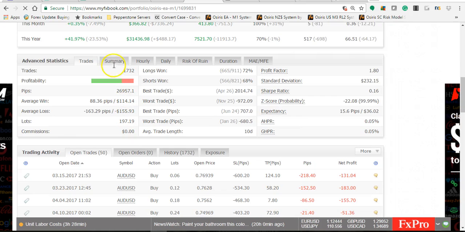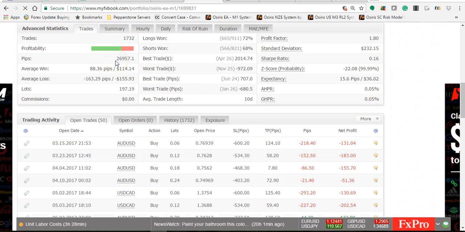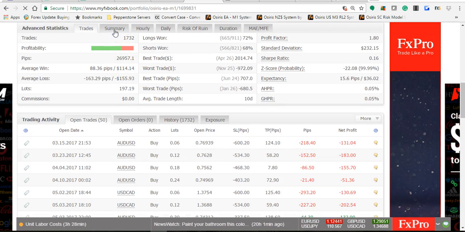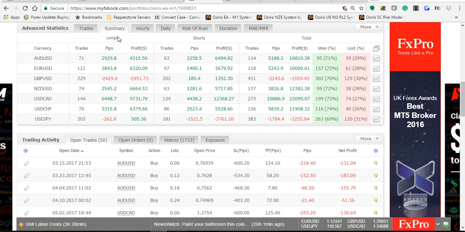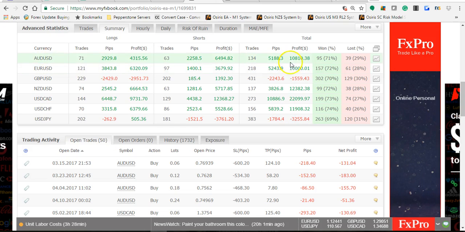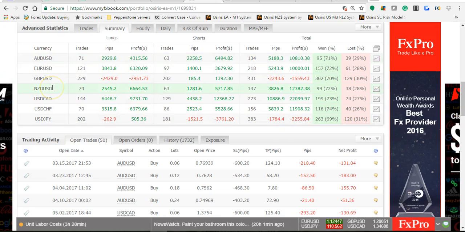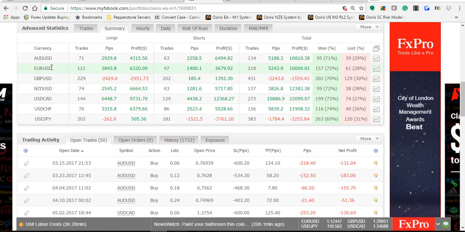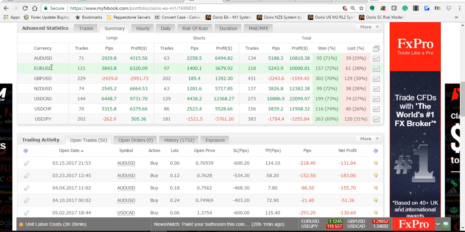Something I want to point out right away is that on January 1st, the first week in January, we did change the risk levels. We're working with risk levels. The ones that are making money, as of January 1st, went to risk level 2. Osiris EA works with 10 risk levels. Most of the time, we suggest you start with default, that's risk level 1. And in that scenario, your worst case will be a loss per currency of $3,500. That's the risk scenario, excuse me,